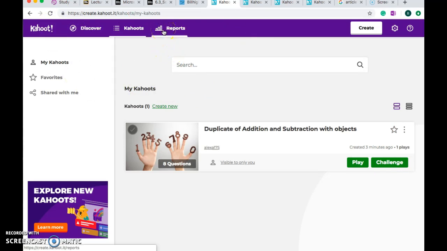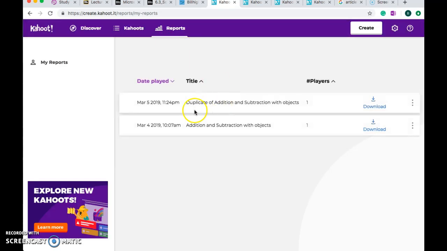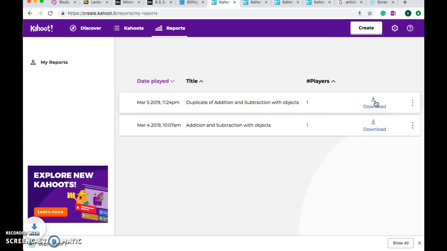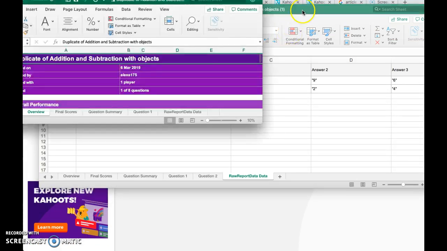Up at the top, you will see this little bar that says reports. So you can click on that. Here are the different titles. So since this is the second time I've played this game, I'm going to download this data. And I can pull it up on my screen. So right here,